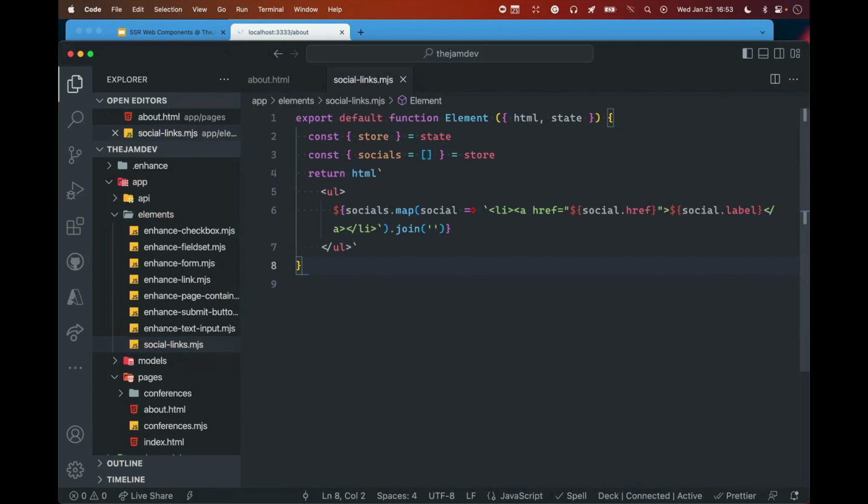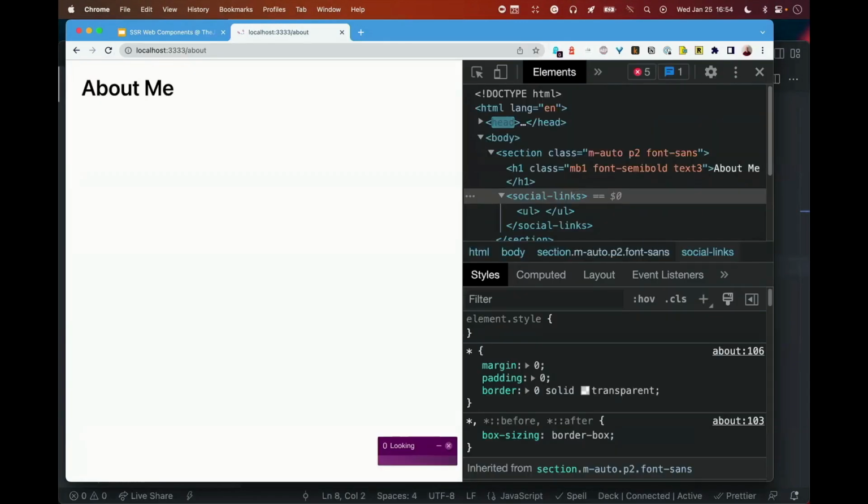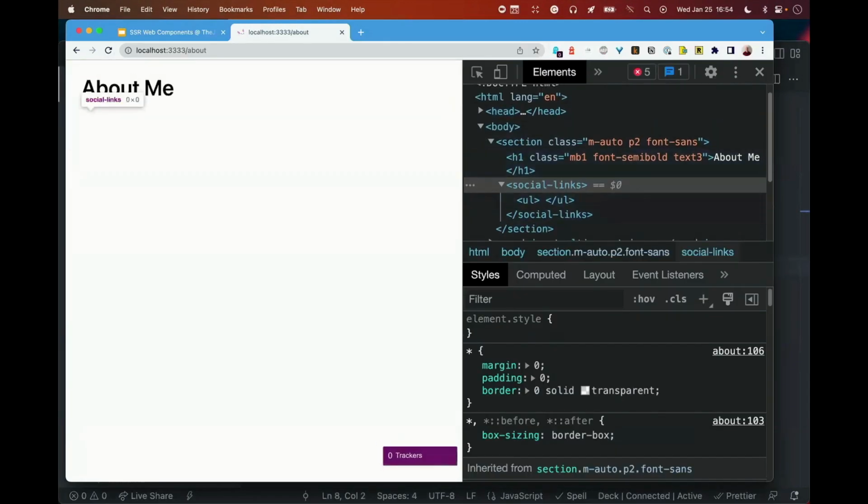All right, so I'm just going to copy in this pure cloud function here. What is happening is when this function gets called, we're going to take a look in our state to grab our store, and in our store to grab our socials. Then we have an unordered list, and we're just going to map through it, printing out list items with all of the different socials that we have programmed. If we refresh the page right now, social links, which used to be completely empty, has an unordered list tag in it, because what's coming down from the browser is already expanded for us. Well, that's great. So even if JavaScript wasn't working, we'd still be able to see our social links.